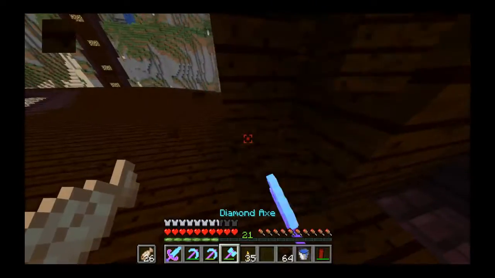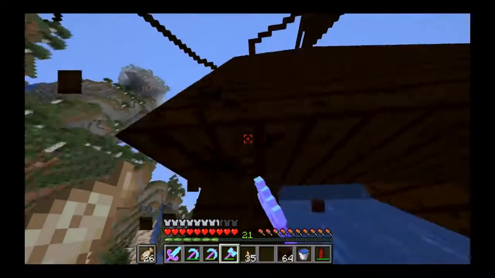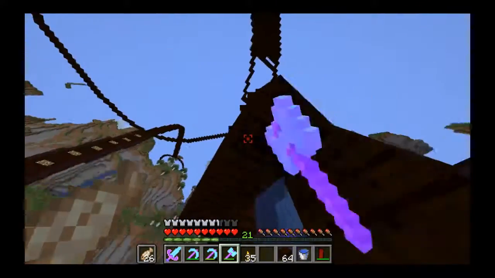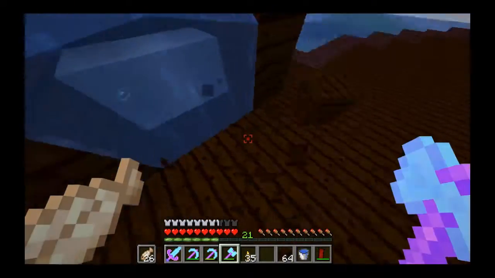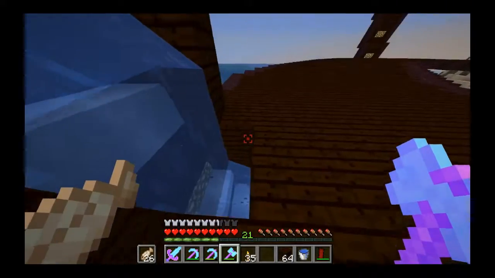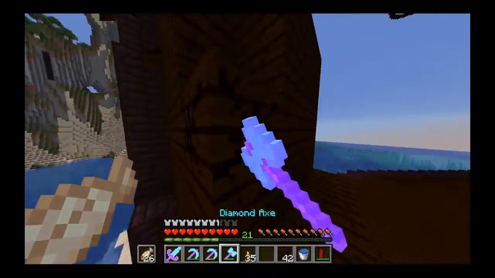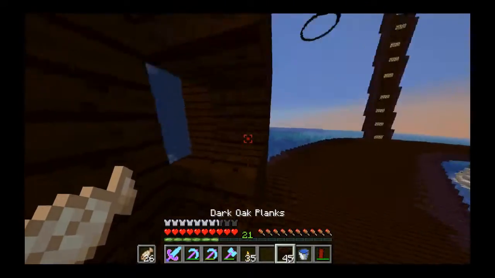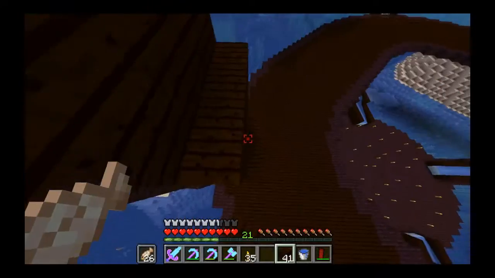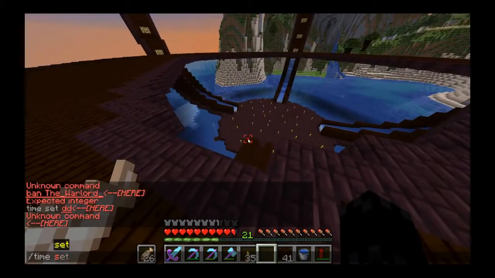And we need to expand this by 1, correct? Is it right here? I believe so, but we'll just expand the whole thing out by 1, and we'll have a 2-block gap right there. Are we going to need to bring the whole thing out by one? No, just that little piece there. Okay, that's good. So that seems to be the first one